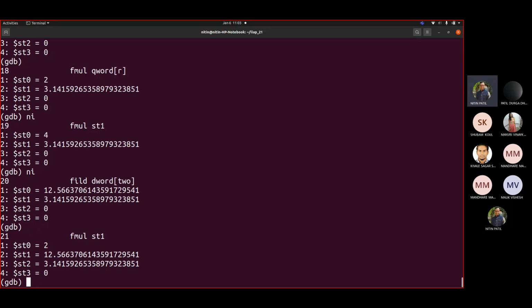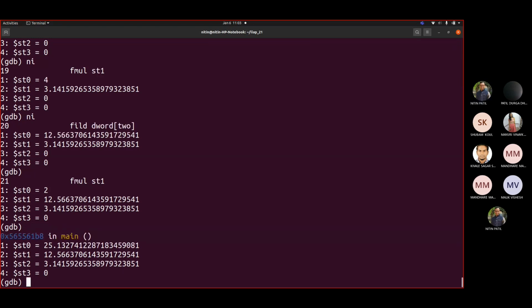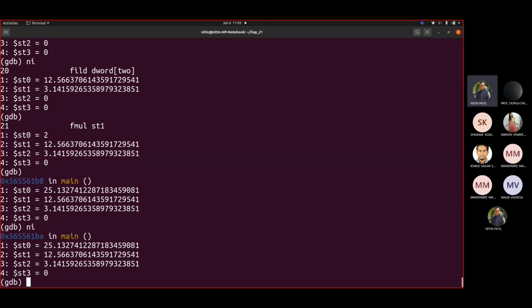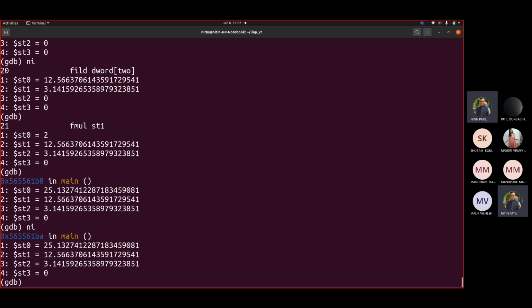Now fmul st1. So it is 2 pi r, and now 2 pi r square. Fine. So this we got as 2 pi r square. Is that fine? So what was the code?